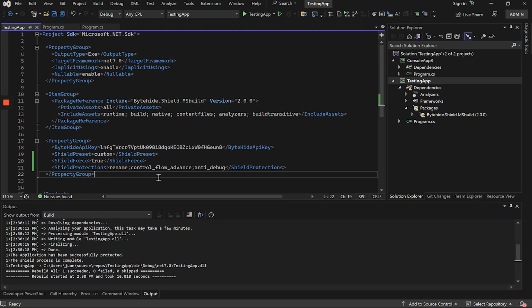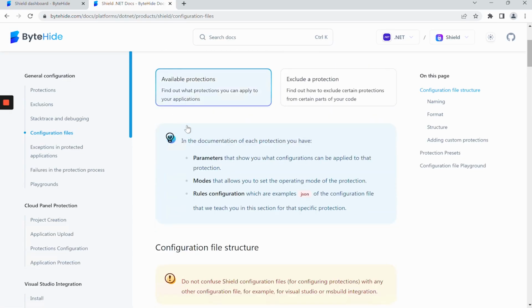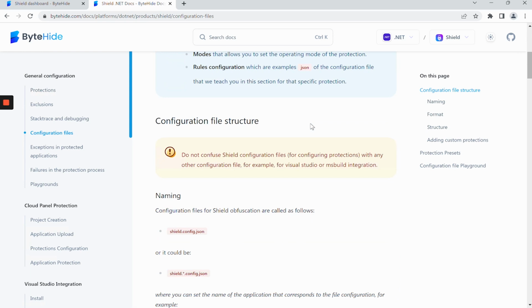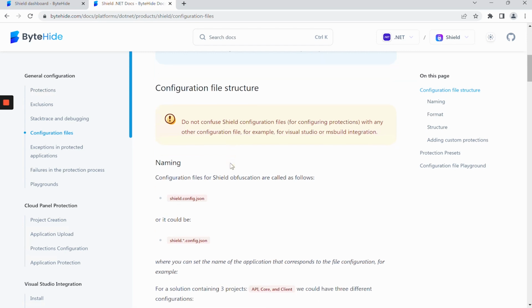How can we configure these protections? We will do this with configuration files. In this case, it is no longer necessary to use the Shield Protections configuration because we will do it directly with configuration files. Inside the configuration files part of the documentation, we will find all the information about how the configuration files work. In this case, I am going to create one myself to show how to do it and